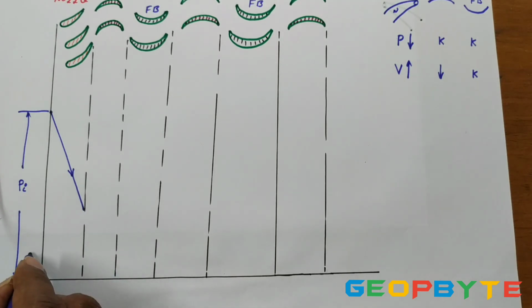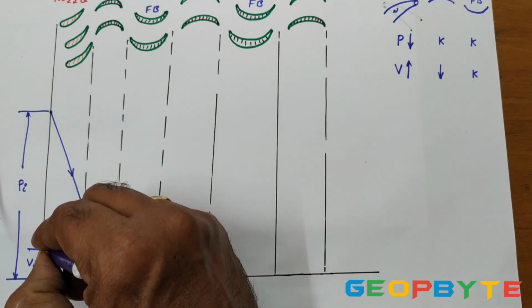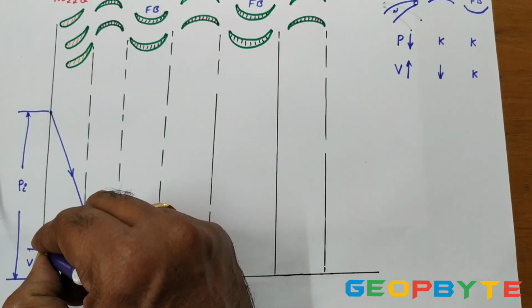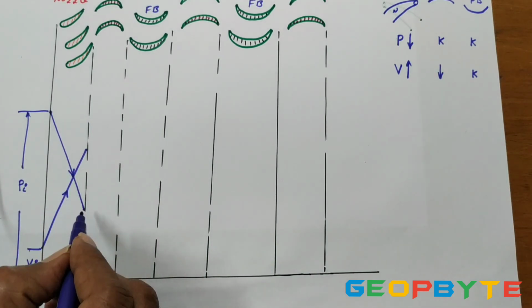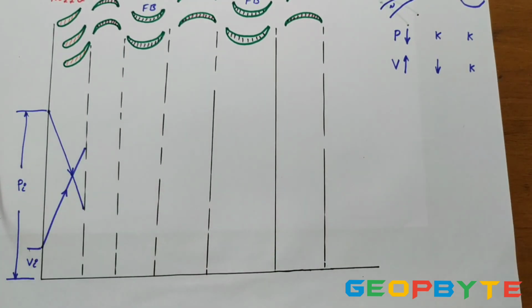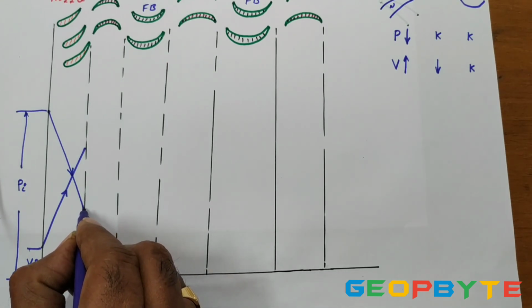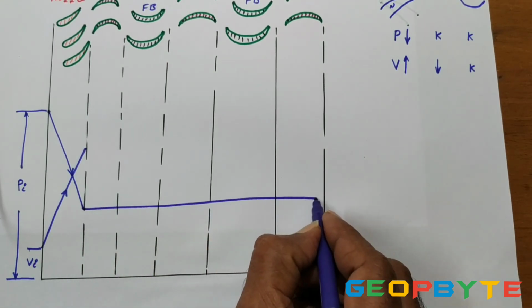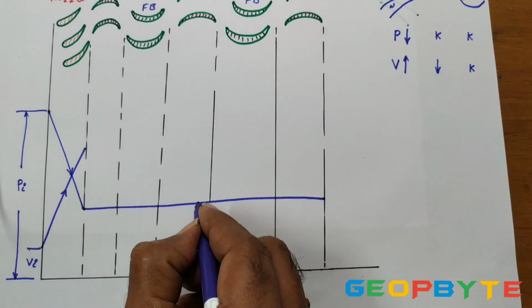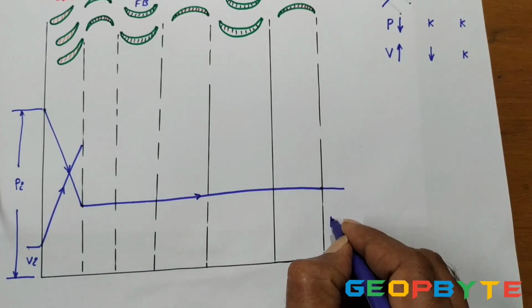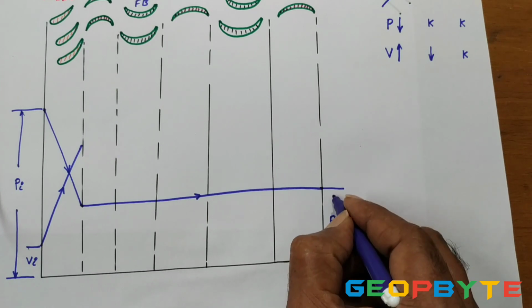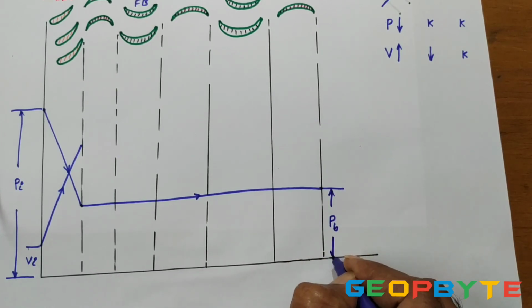It means practically the steam is entering the nozzle at very low velocity. That low velocity steam is passing through the nozzle to increase its velocity. While the steam is passing through the nozzle, pressure is dropping, and the drop of pressure causes the velocity to increase. The pressure remains constant in both the fixed blade section and the mobile blade section. Pressure cannot be changed. With this pressure, the steam is left to the condenser. This is PB, called back pressure, which can also be called condenser pressure.